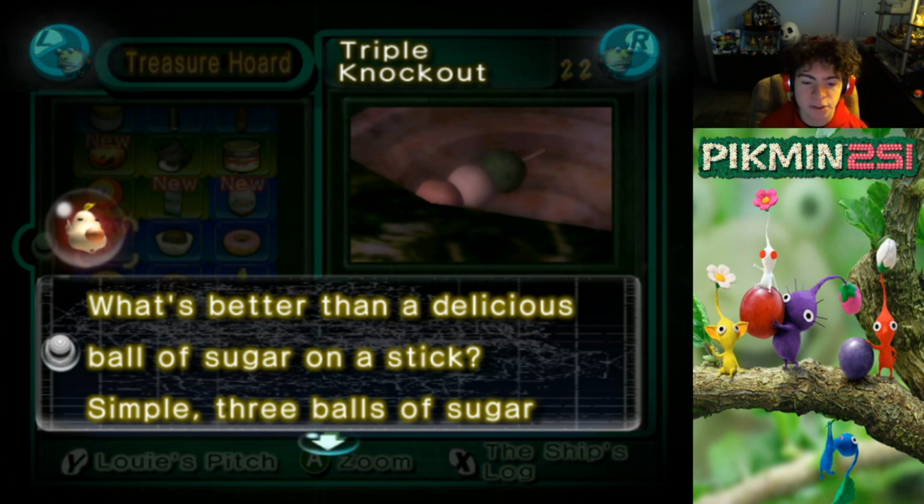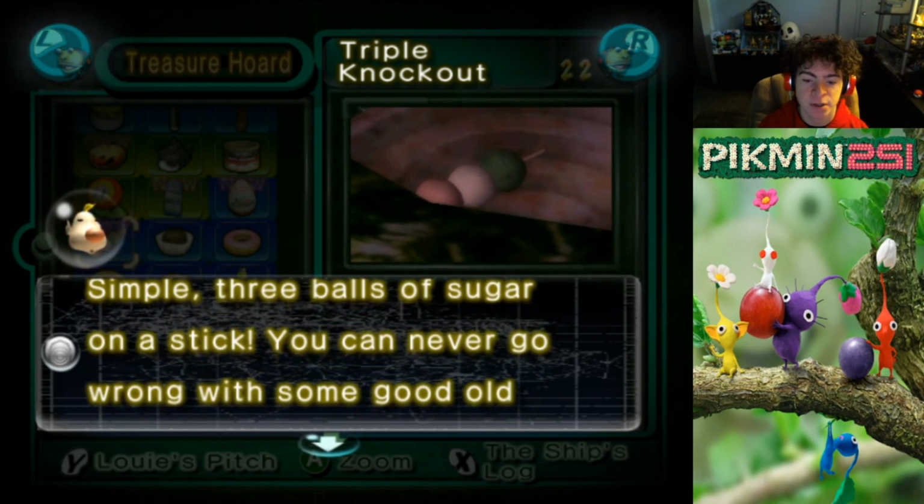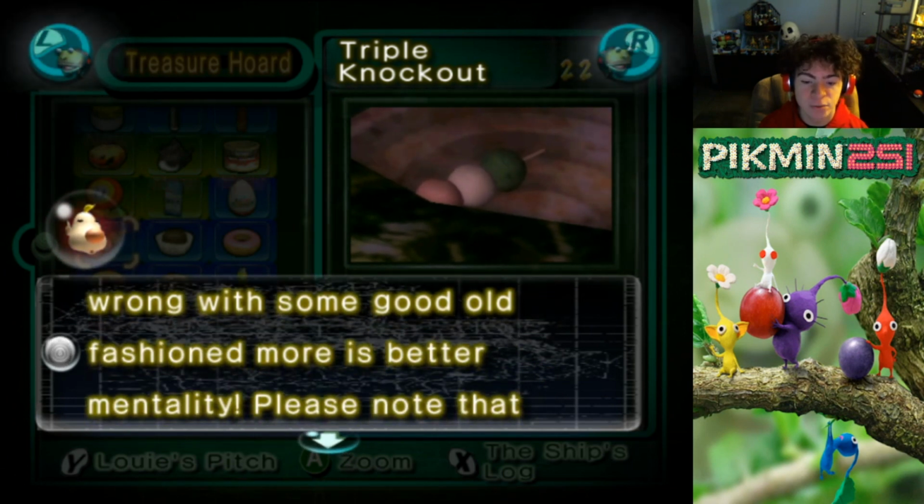What's better than a delicious ball of sugar on a stick? Simple. 3 balls of sugar on a stick. You can never go wrong with some good old-fashioned more is better than